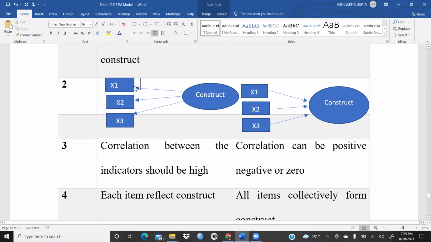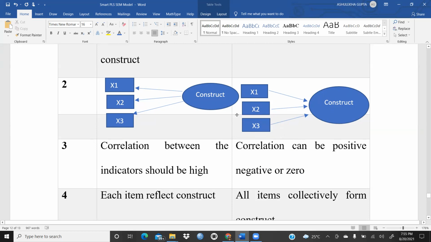If this item's correlation is very low, we should try to delete it. But in the formative case, all items collectively form this construct, so we cannot delete this item.